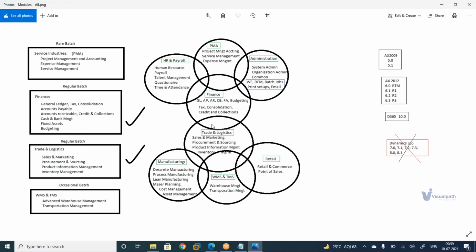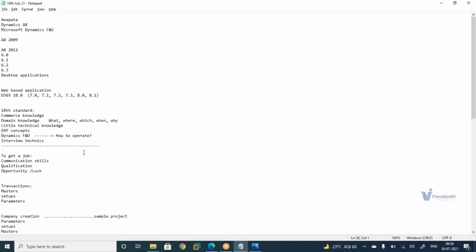Yeah, see, whenever I'm teaching, first I need to teach what it is I'm going to teach. I will explain you the way I have explained here on the notepad. First I will explain on the notepad what is the concept I'm going to teach. So here I told you what, where, which, when, why. That means 60% of the function is like this. In the notepad I will explain what I'm going to teach. Then this one is 40%. In my teaching, 60% is this one.